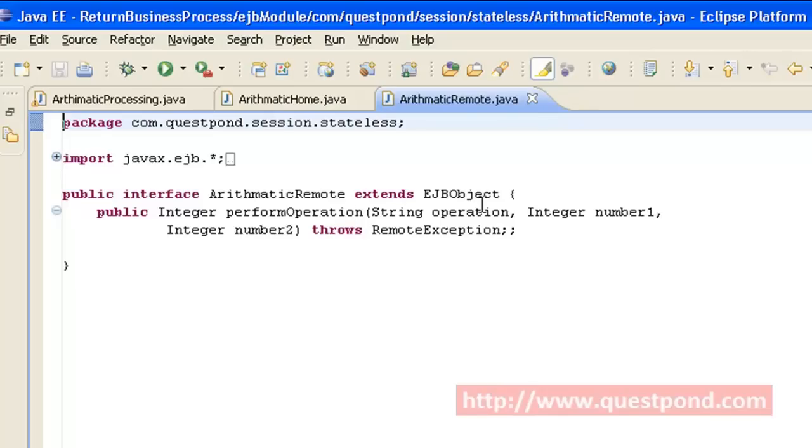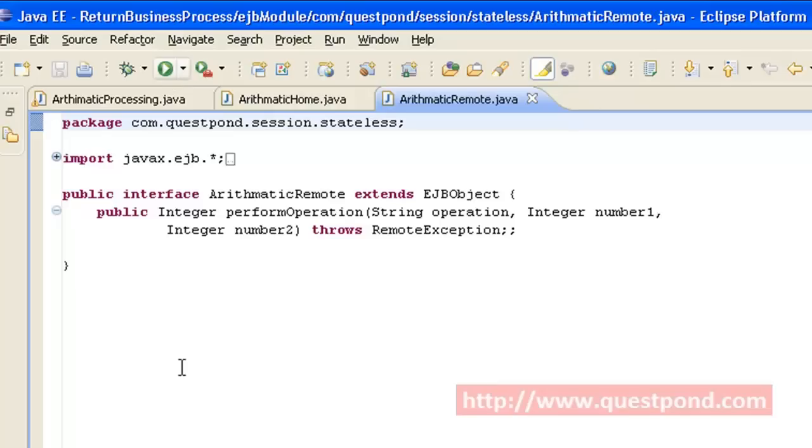A remote interface extends EJB object and it contains signatures of functions which are to be exposed by the bean. We expose the same perform operation function which we have within our bean, and it throws remote exception.